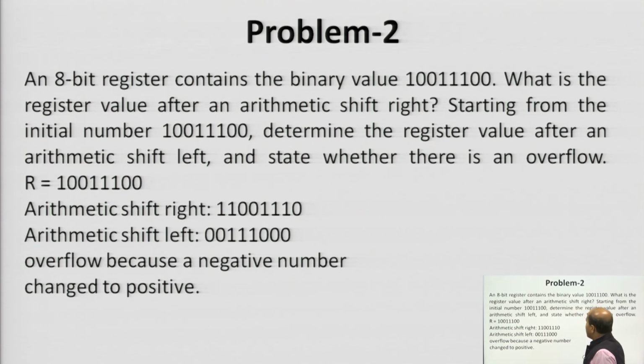Next problem is the shift or arithmetic shift operation we have to perform if initially some values are given in a particular register. There are 8 bits already stored in register R, that are 1 0 0 1 1 1 0 0, and we have to perform shift right and arithmetic shift right and arithmetic shift left. So, when we are going to perform shift right operation, that is nothing but division by 2, and if we are going to perform the arithmetic shift left, that means the resultant value will be multiplication of 2 of the previous value. So, let us perform the shift right operation first.